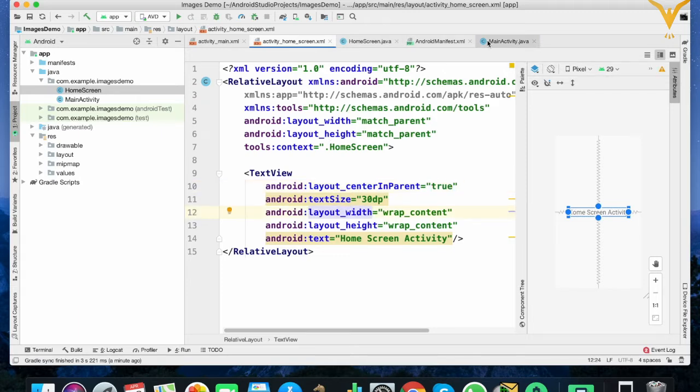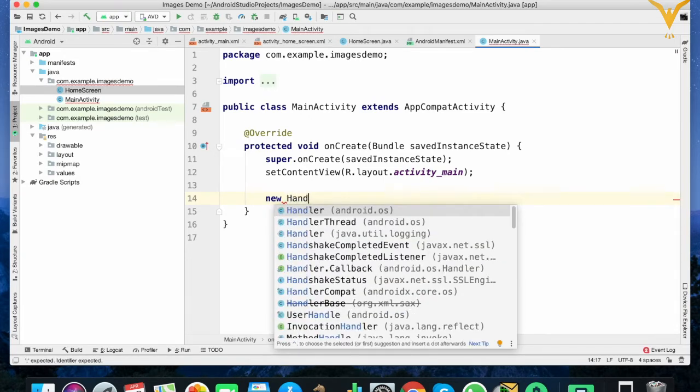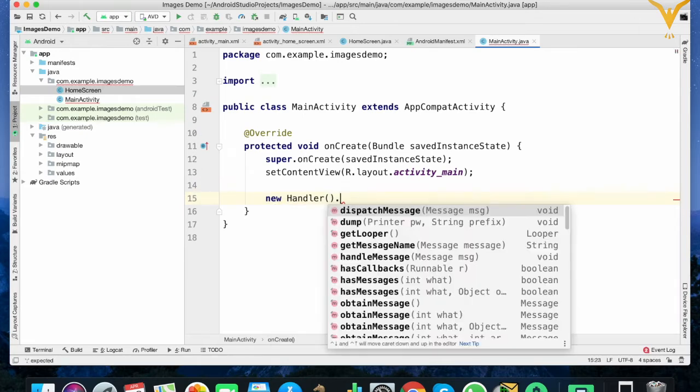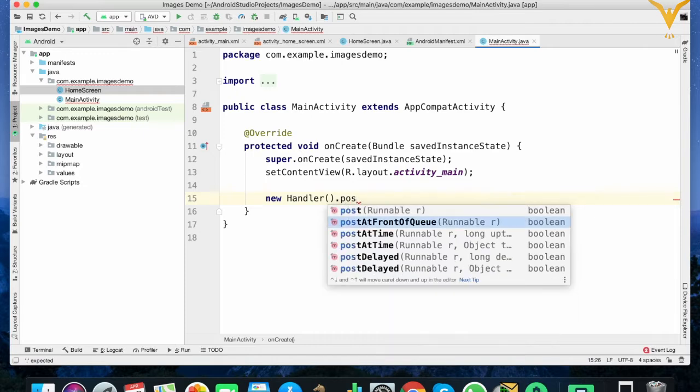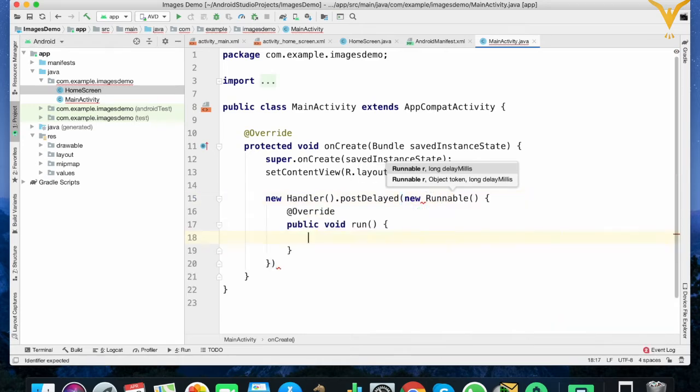Now go to the main activity.java. Here we will create one thread. For that, use this code, new Handler. Make sure that you use this android.os package. Handler dot postDelayed, new Runnable.